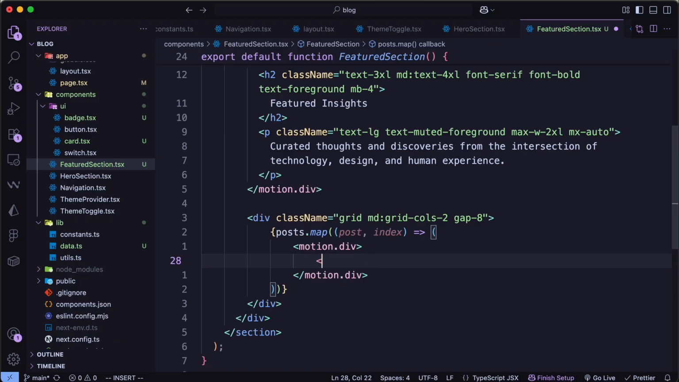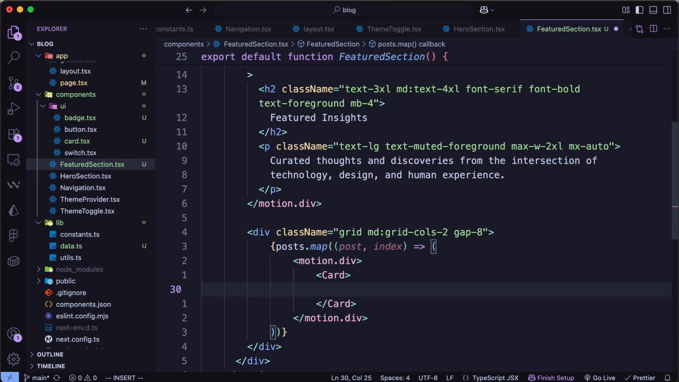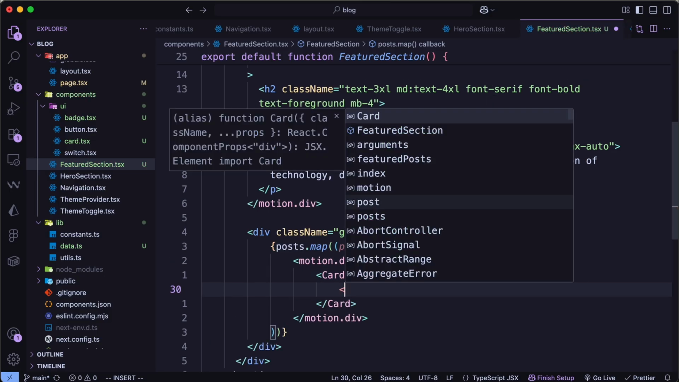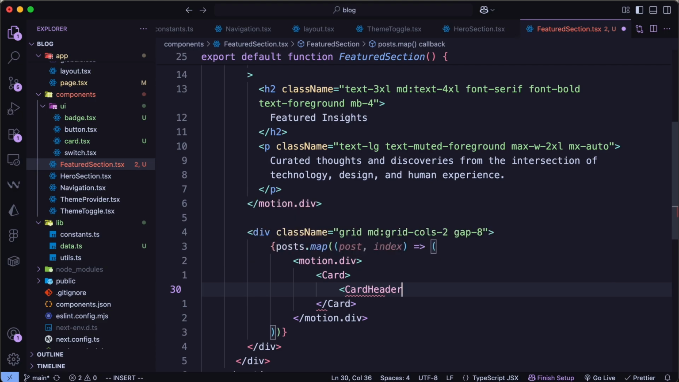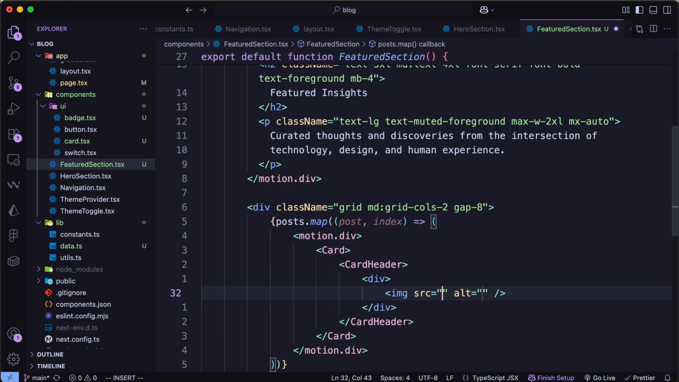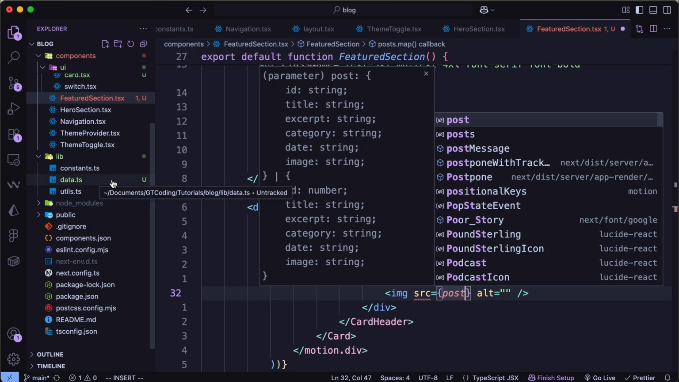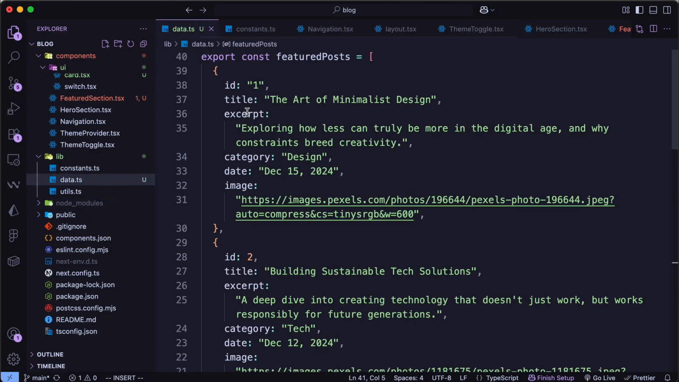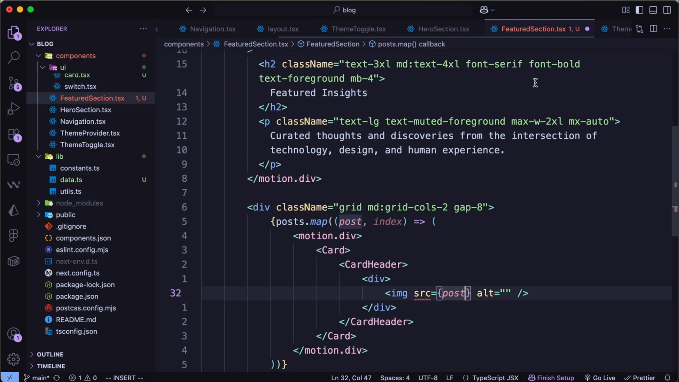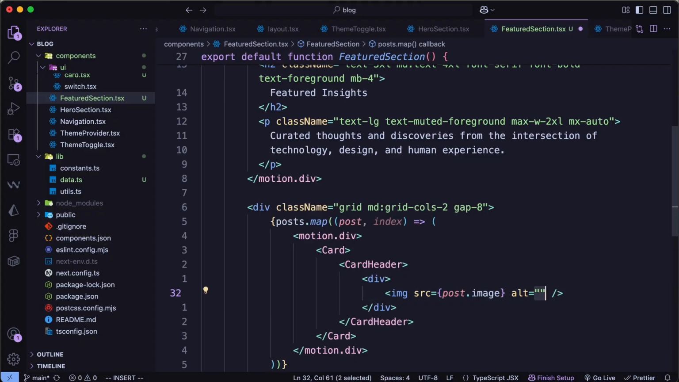So here let's use a card from UI card, and in this card we will have a card header. So let's type card header from UI card, and in this card header we will have a div where we will store the image. So in the source we'll just go ahead and enter post, and in the post we have an image. So if you go to the data.ts file, here we can see that we have this image over here. So let's go ahead and type post.image, and for the alt let's go ahead and type post.title,